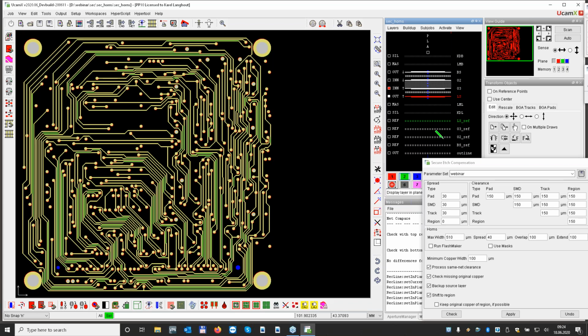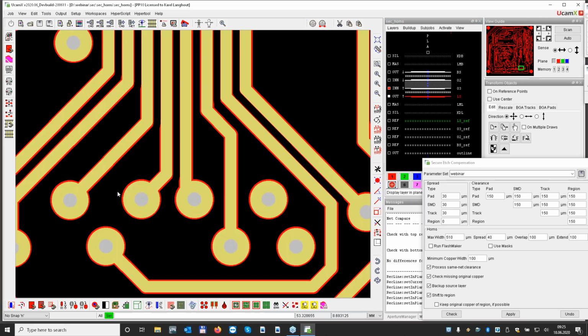So we are going here, and you already can see a little bit that we have kind of a lot of green and sandy stuff, but of course you cannot see really well what's going on here. So let me just zoom in on a certain position, like over here, for example. And here you see, of course, that we have all the pads. They are nicely compensated, and you see then between the tracks that we have less compensation.